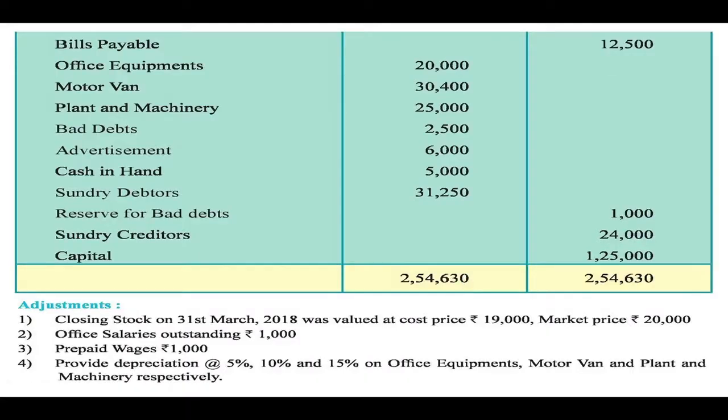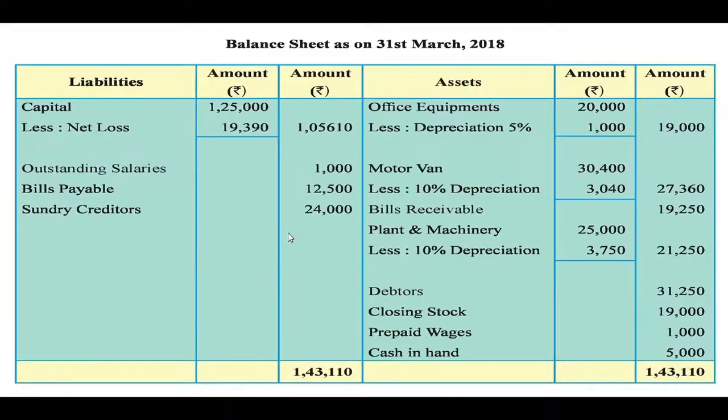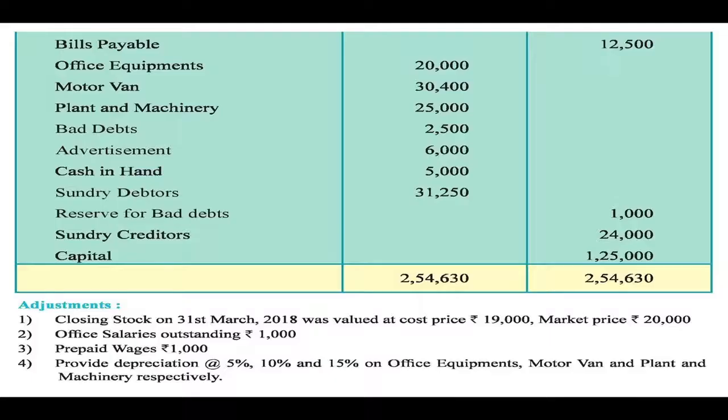Then sundry creditors and capital are the liabilities. So they are recorded on the liability side of the balance sheet. Capital is recorded as the first item under liabilities, and then we have to leave one or two lines for addition and subtraction. Then sundry creditors are also recorded under liabilities because it is the amount payable to the creditors in the future. After that, we have to give effects to all the adjustments.